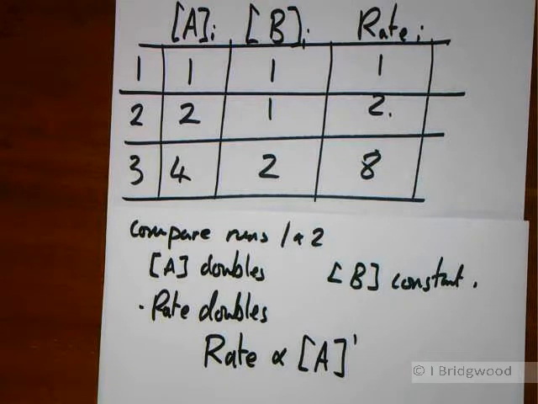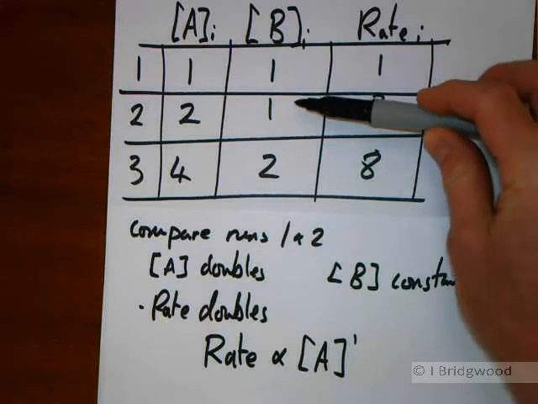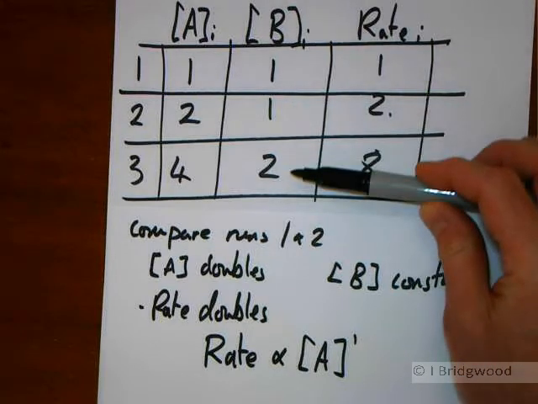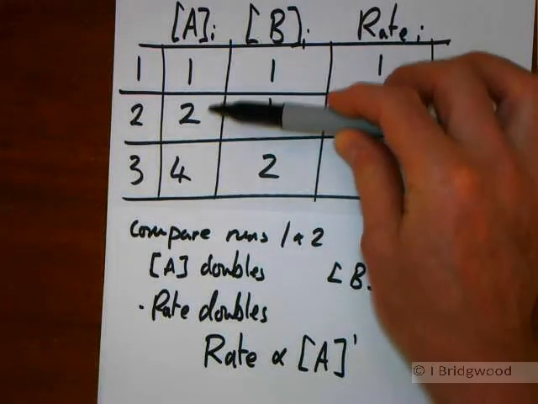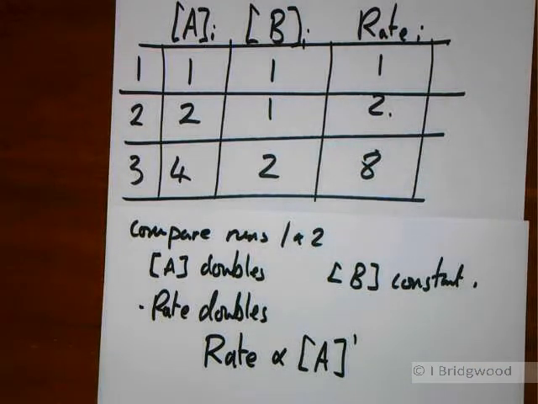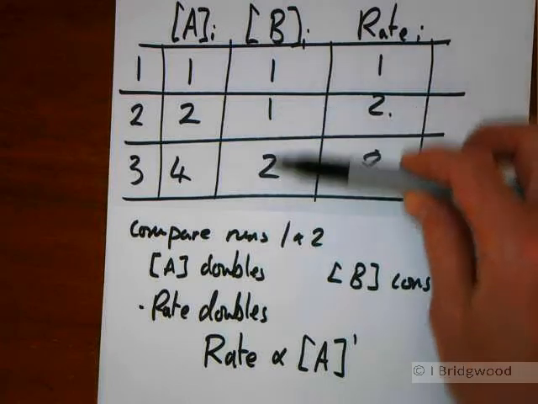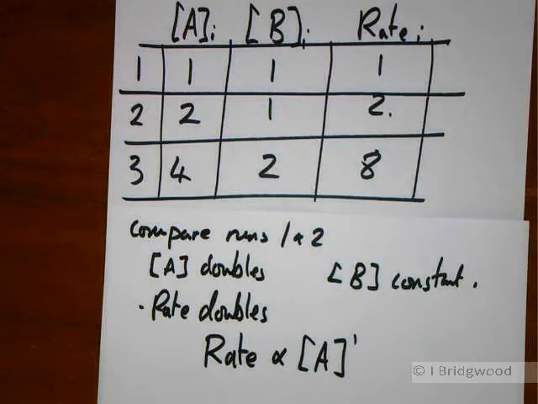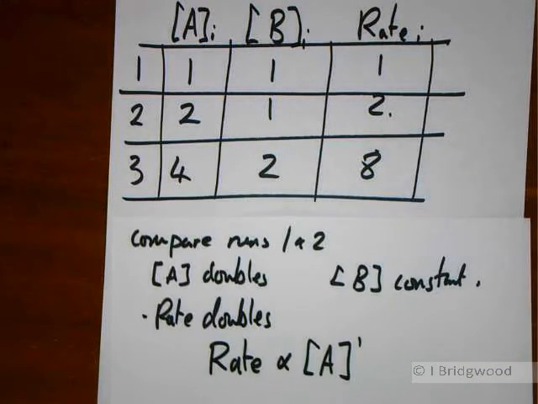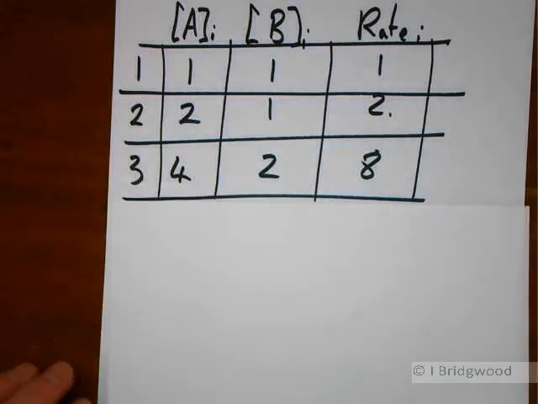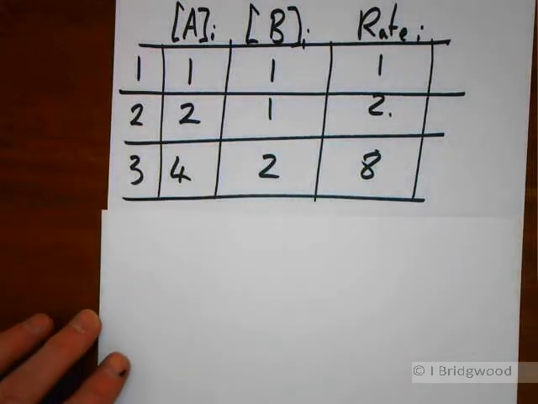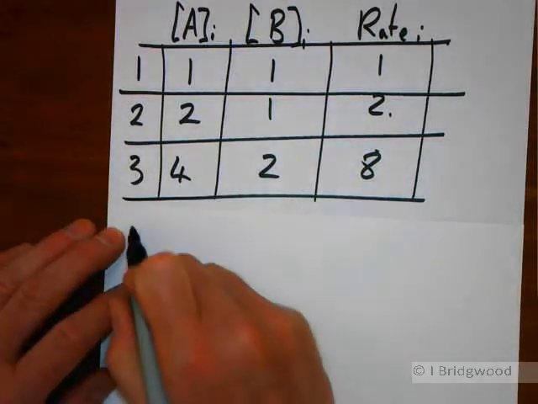But when we try and look at B, you will notice that we change the concentration of B, but we also change the concentration of A. So we haven't got a situation where we're keeping the concentration of that constant and doubling the concentration. Slight problem there. What we need to do is to take into account that we know the order with respect to A already. So if we now compare